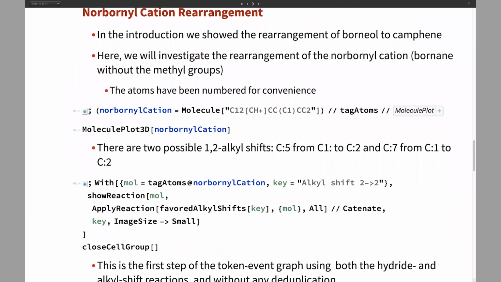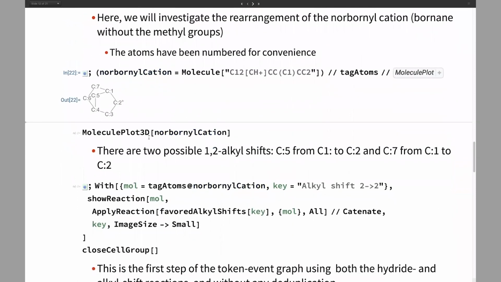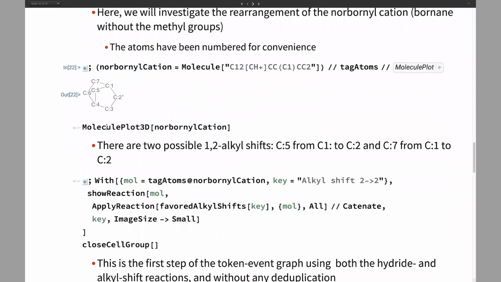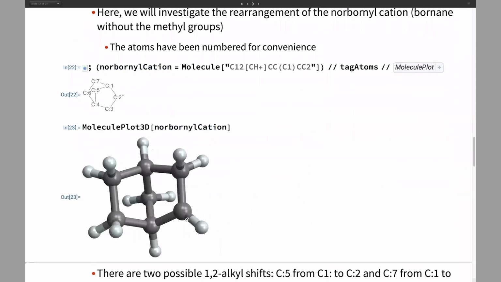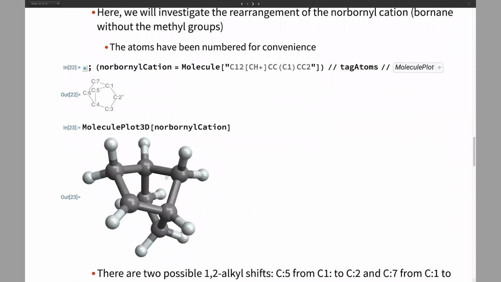Okay. So we can do the same thing with the norbornyl cation. This is the same thing as we saw before with borneol. It's called norborneol because we've removed the 3 methyl groups. And so it's just the 7 carbons of the 2 rings. And if we look at it in 3D, this gives a little bit better idea of what the structure is that we're dealing with